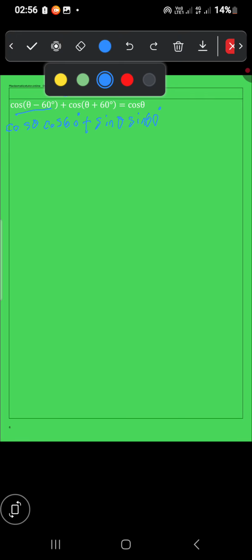So this is cos of the first angle theta, then cos of the second angle 60, then you add sine theta, sine 60 degrees, then plus the middle sign plus here, so you say plus